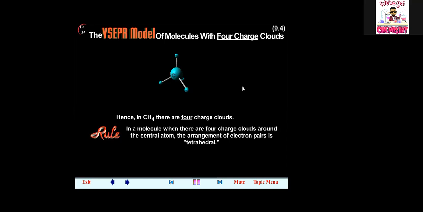Rule. In a molecule, when there are 4 charge clouds around the central atom, the arrangement of electron pairs is tetrahedral. In a tetrahedral geometry, the bond angle from the central atom is 109.5 degrees. In general, for a molecule AB4, where A is the central atom, the molecular geometry is tetrahedral. Another molecule having this geometry is